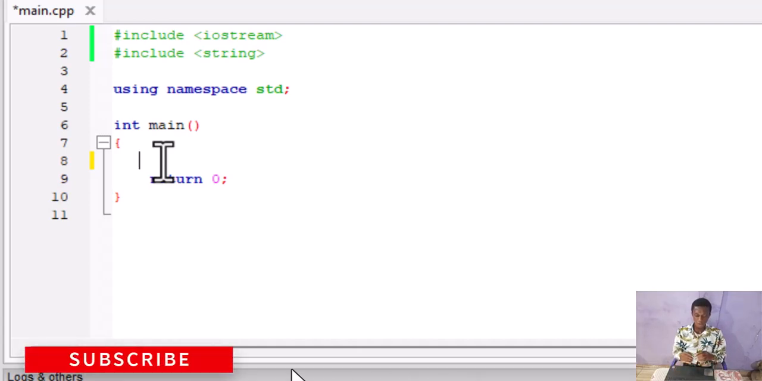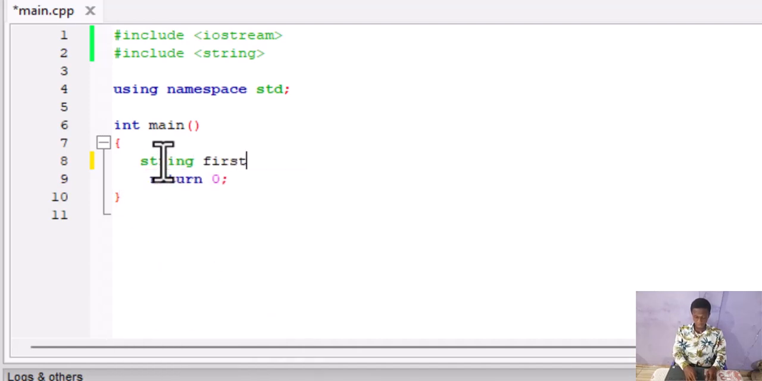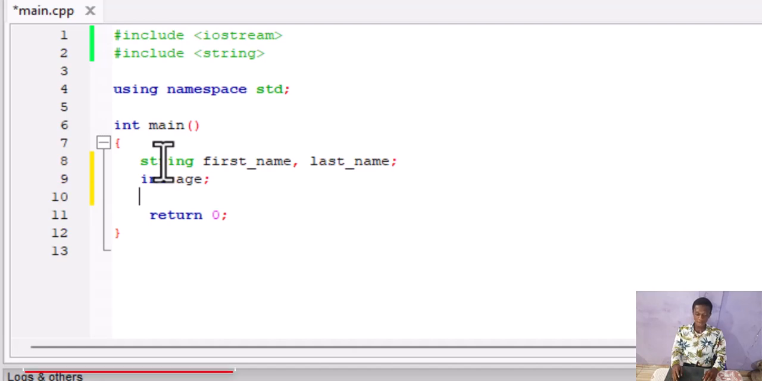So first of all, we are going to declare some variables: first name, last name, and the age. So let's start. So I want to say string first name, comma, last name, and int age, like this. And so now we are done declaring our variables with no values in them, and now we are going to